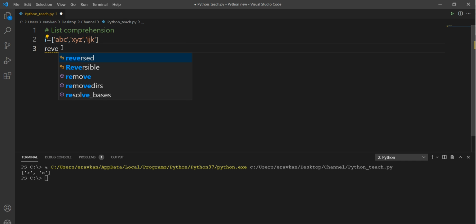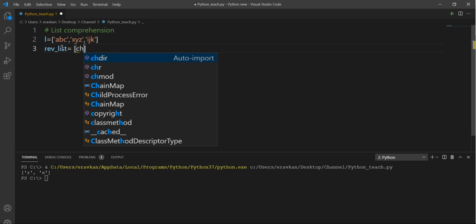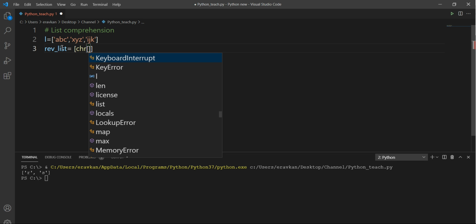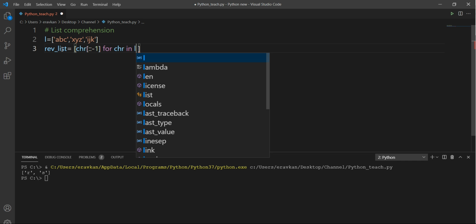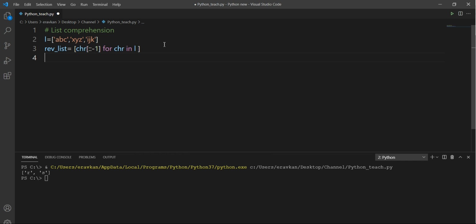I will create a list named reverse_list equal to, this is for list comprehension, char[::-1] for char in L, which I told you reverses a string. So I got my reverse list.